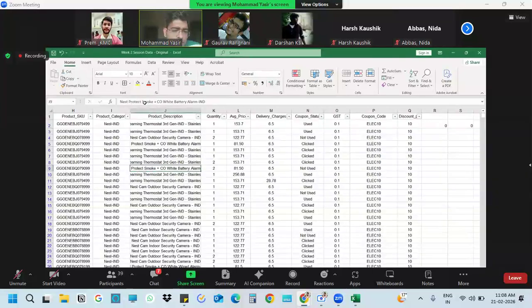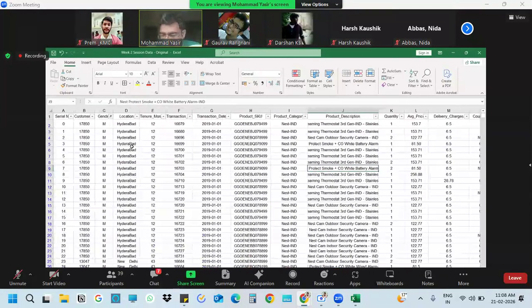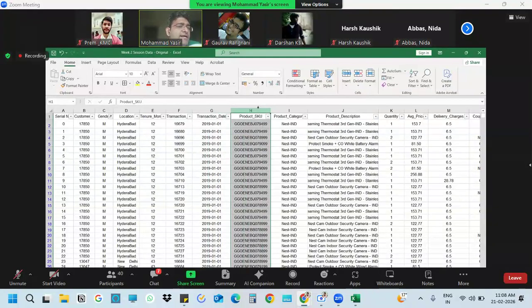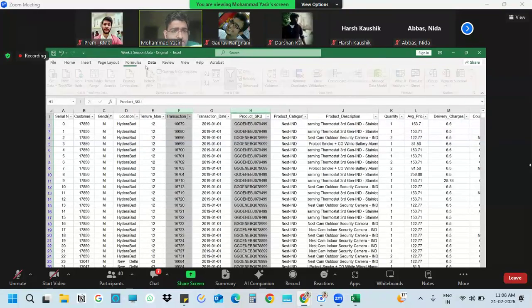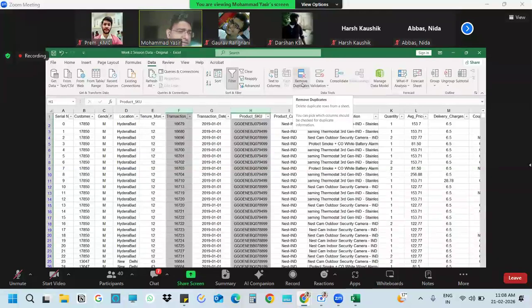Right. Now, coming back to our primary key. Combination of transaction ID and product SKU. If I want to check and remove duplicates from here, that whether these are getting duplicated or not, one thing I can do: select, go to data, remove duplicates, right?